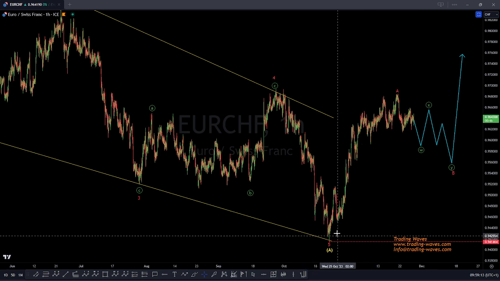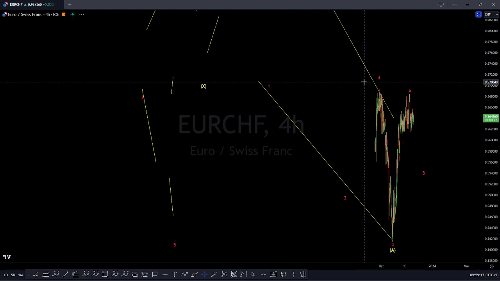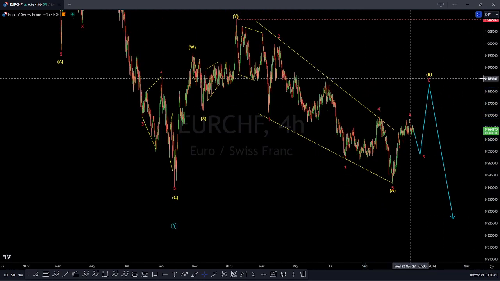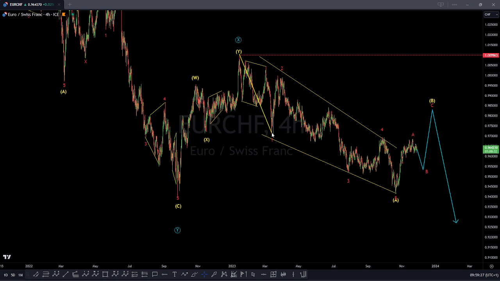Now, from these lows here, let me show you in the 4 hour time frame. Just a quick one here. I just shared with you that my preferred view is this. We get this one here to have made this move to the downside. Now, if you look at this, I'm looking at this to be a diagonal here, this to be an A, your B here, your wave C here,